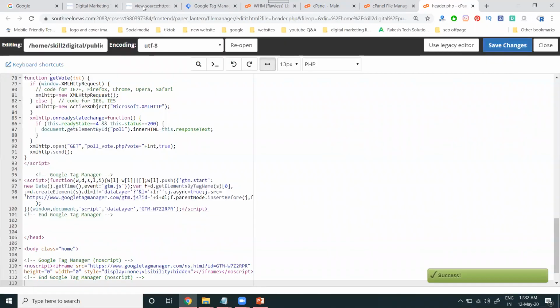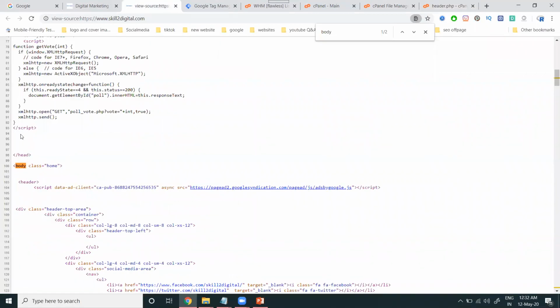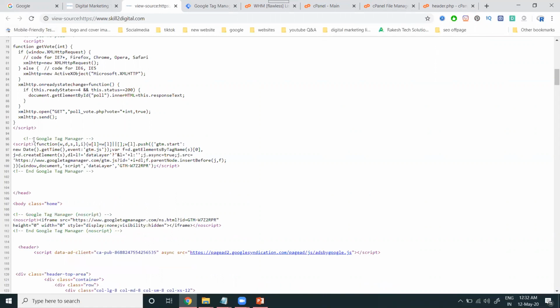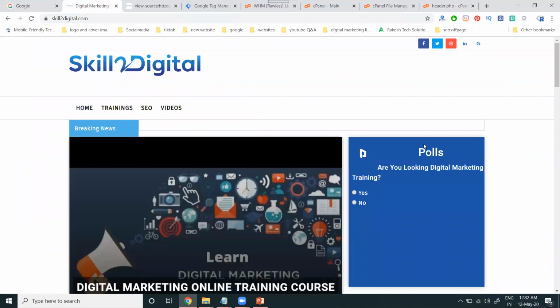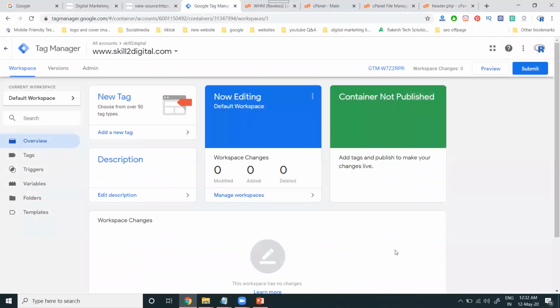Body of the tag. Now check whether any previous code is there in the head and body. No. Refresh it. The first code will be the header part. The second code will be the body part. Now refresh. Everything will be ready. Click OK.